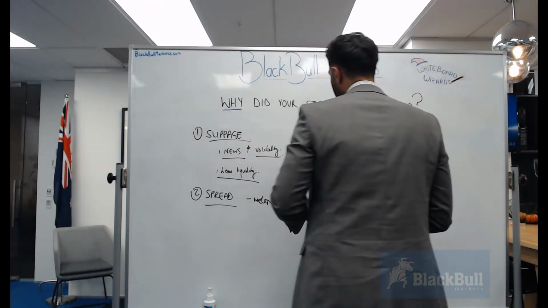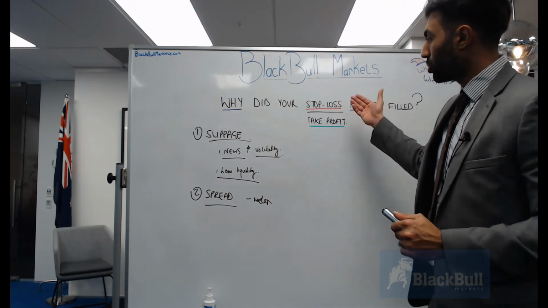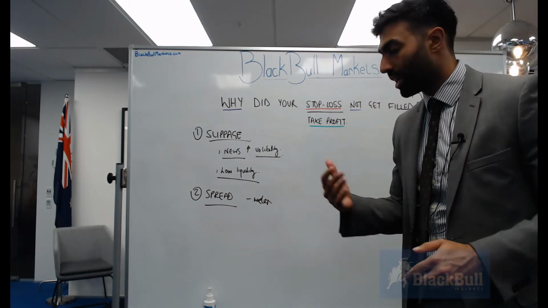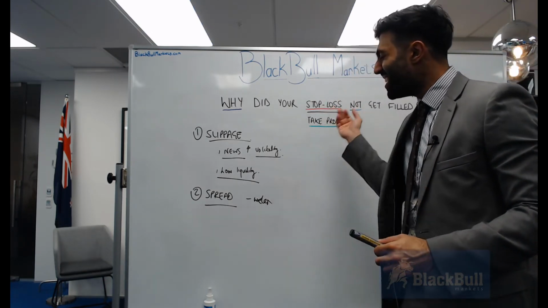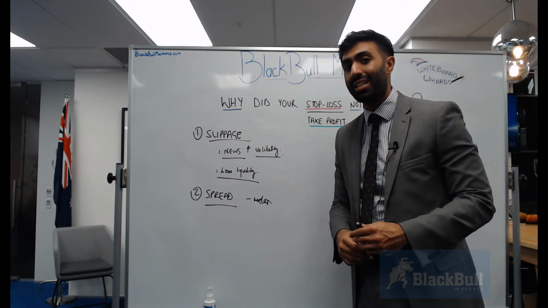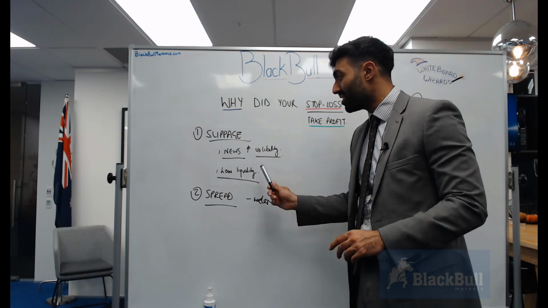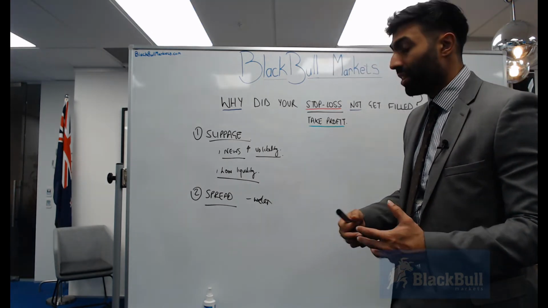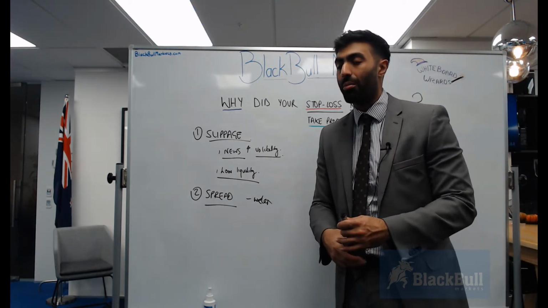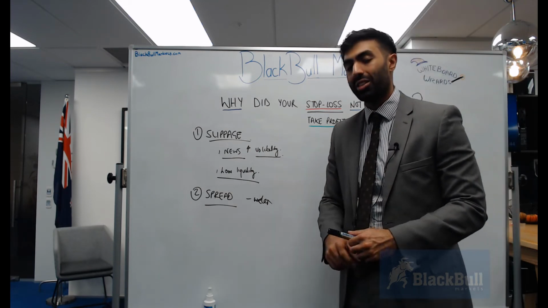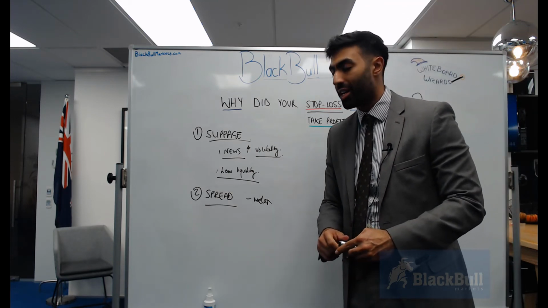And that could be one of the reasons that your stop loss or take profit does not get filled at your requested price. Remember, these are never actually guaranteed in an ECN, because somebody is actually on the other side bidding on these prices, and if there's low liquidity, or a news event, a highly volatile market event, you may not actually get someone to take the other end of your trade in the market.